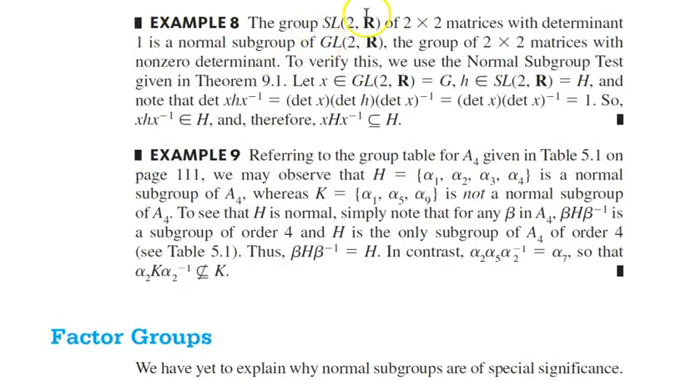Example 8. The group SL2R of 2 by 2 matrices with determinant 1 is a normal subgroup of GL2R, the group of 2 by 2 matrices with non-zero determinant. Here in both groups the multiplication is the usual multiplication of matrices, a row times a column, dot product. To verify that the special linear group is a normal subgroup of the general linear group, we apply the normal subgroup test. And select X in GL2R, H in SL2R,